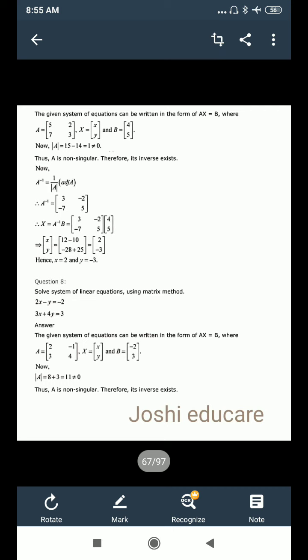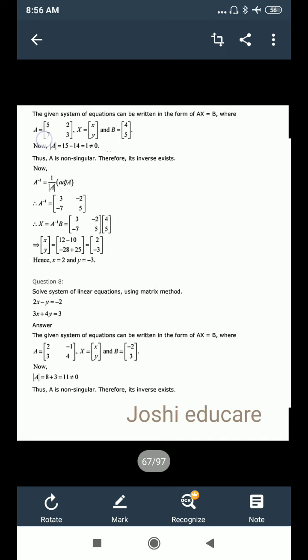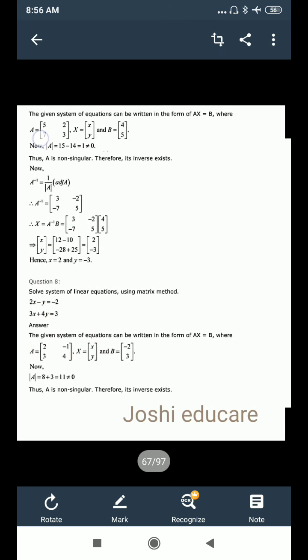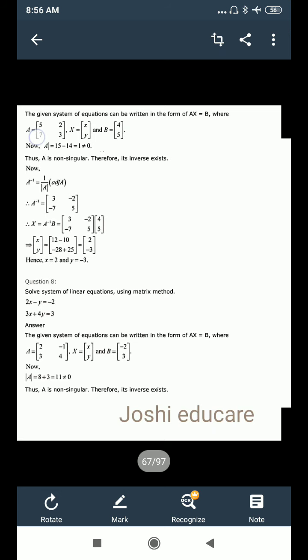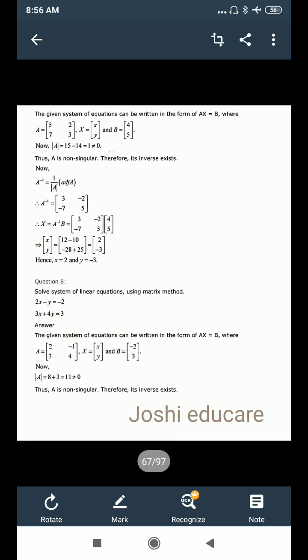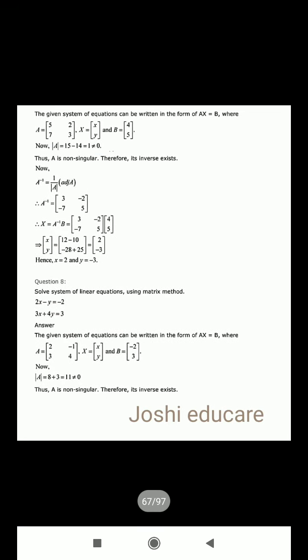First step: in my video on how to solve equations, I explained how to find the solution. So first of all, this will be the first step. You can note down the steps. You have to find the value of determinant of A in the first step. It is not 0 in this case. So now you are sure that the solution is possible. Now, if it is possible, then only we'll move further. If determinant of A is 0, then we'll not move further.